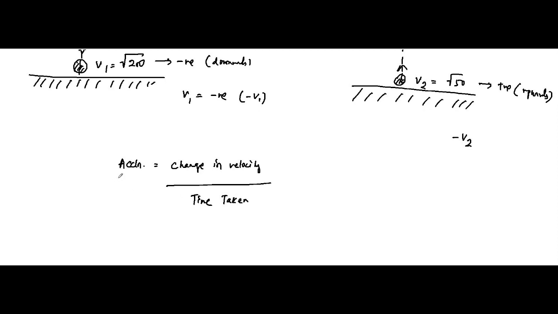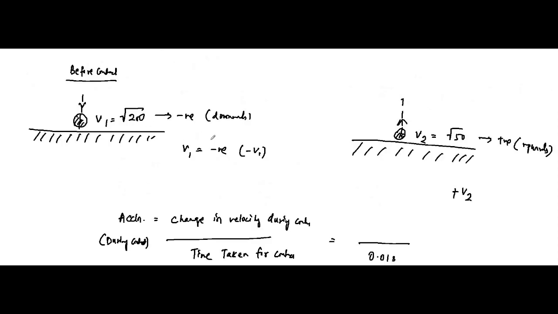So here acceleration during contact, that is just before and after striking the ground, between that time interval, is change in velocity during contact divided by time taken for contact. So this we know it is 0.01 seconds. This is change in velocity, that is final velocity minus initial velocity. The final velocity is positive. By mistake I have taken here plus minus, so it is plus v2, okay, because it is moving upwards. v1 is during the downward journey, that's why it is taken as negative. Okay, again I am making it clear, v1 is during the downward journey before contact, that's why it is taken as negative. v2 is the initial velocity just after contact while the ball was rebounding, moving upwards,